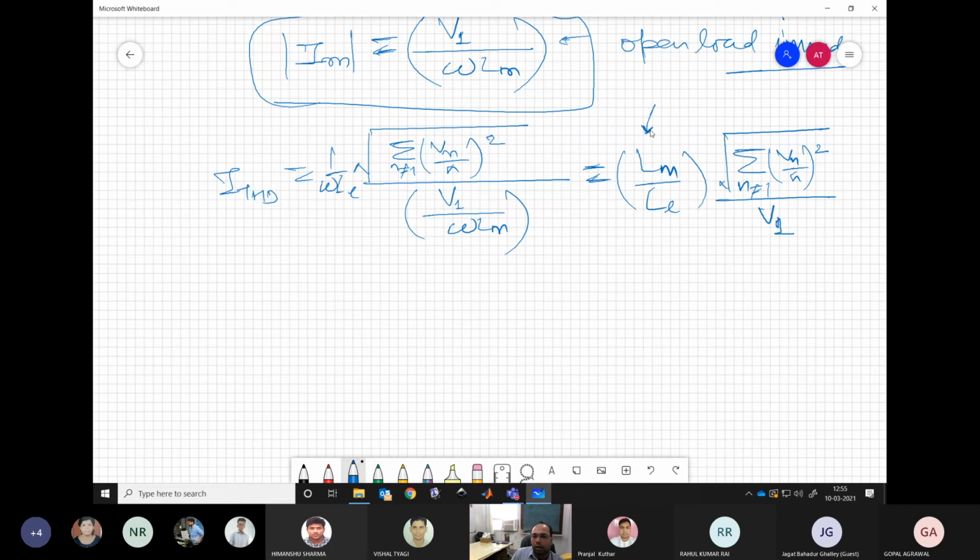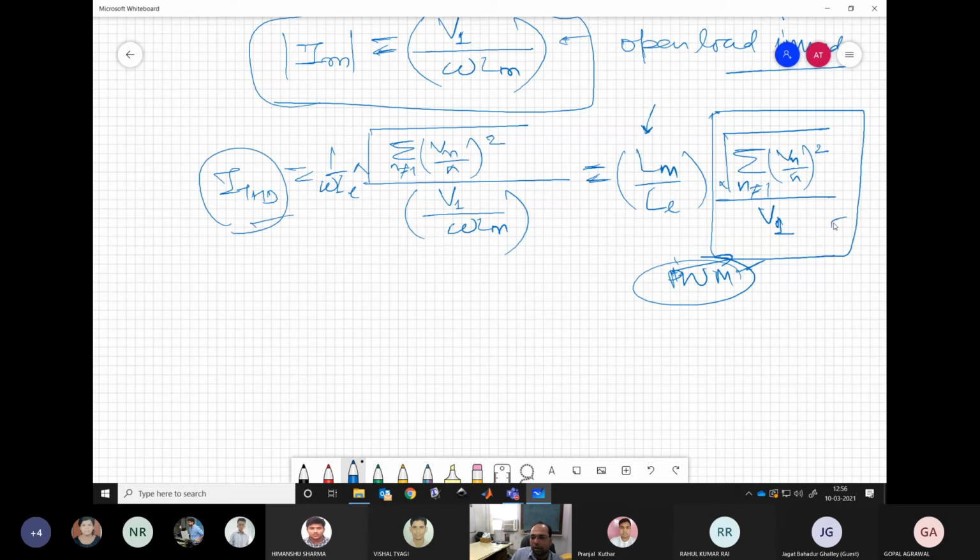Now, except for this scaling part, this part alone can give good information about the PWM waveform, how well it is performing. So this could be a very good measure of how much current THD we will have in the system, and this is only dependent on the voltage harmonics, which can be computed from the PWM waveform. So this is just a scaling factor, Lm by L1. This is a scaling factor.